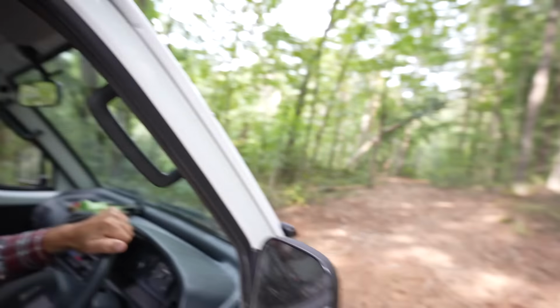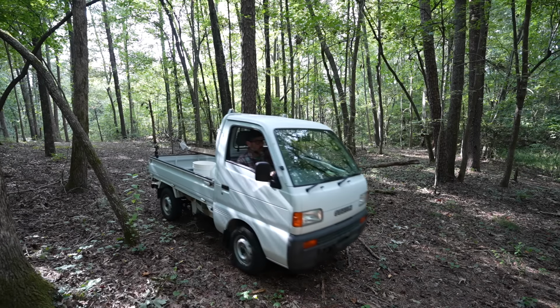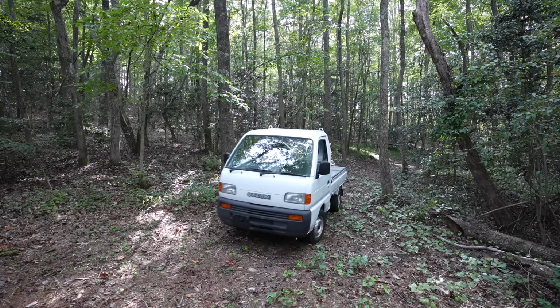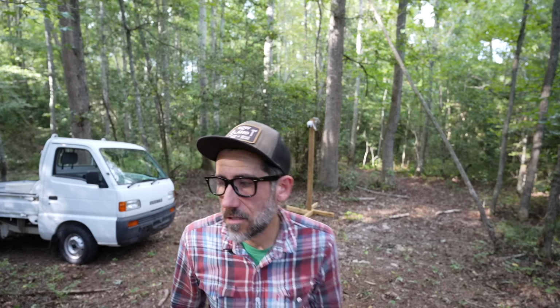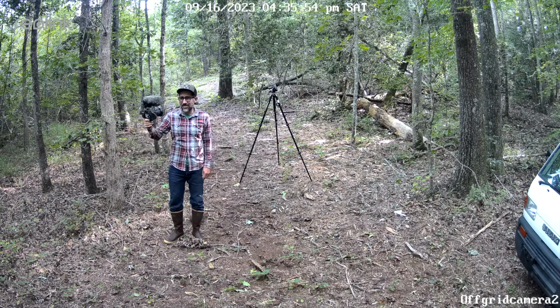Now let's try deep in our woods if we can still get a cell signal. Man, I really need some more pigs. I'm seeing some acorns that are getting dropped from these trees. I'm seeing some acorns. Not that I need the meat, but